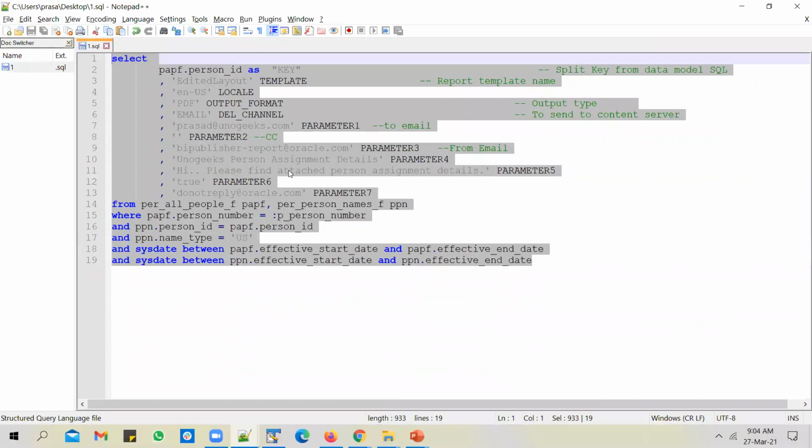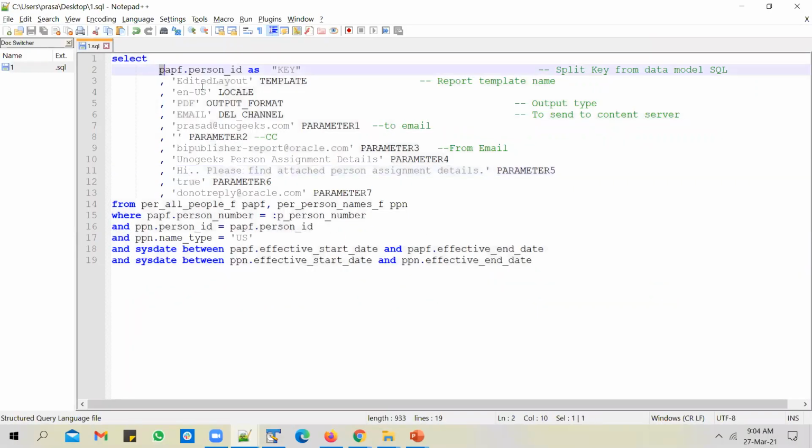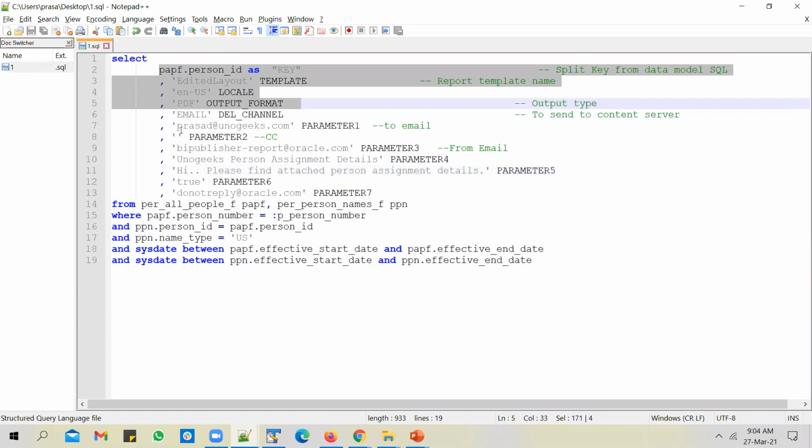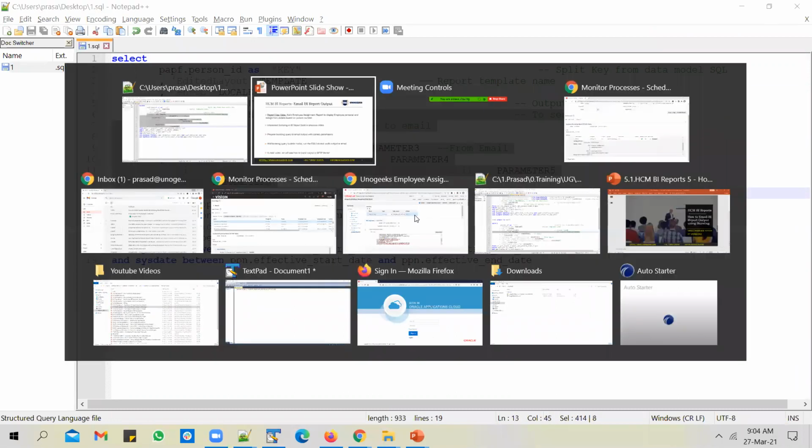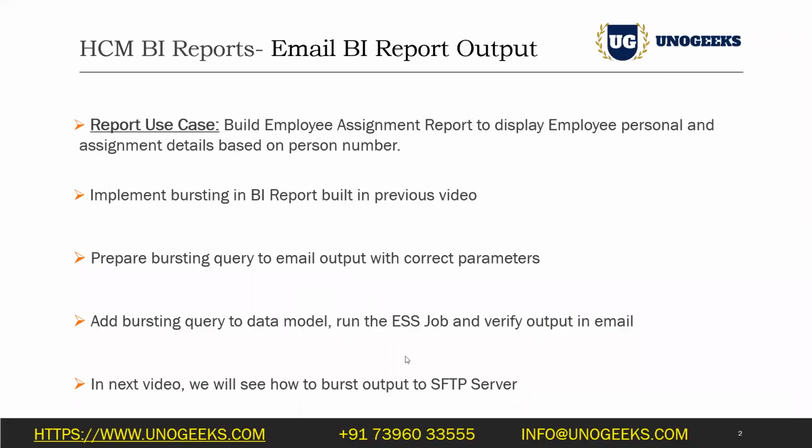So you add a few parameters from the template and then add the email related parameters, add it to the data model, and then run the job, and you can verify the output in the email. I would have been happy if I could show you the output in the email, but I haven't received it yet. And in the next video, we'll see how to burst the output to an SFTP server.